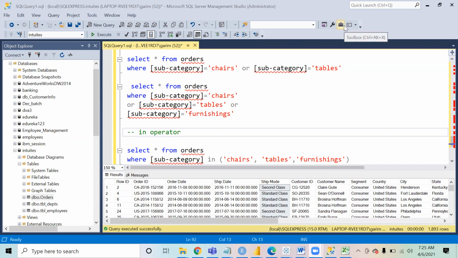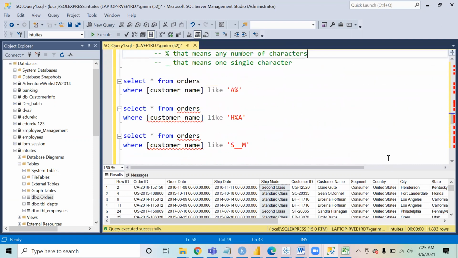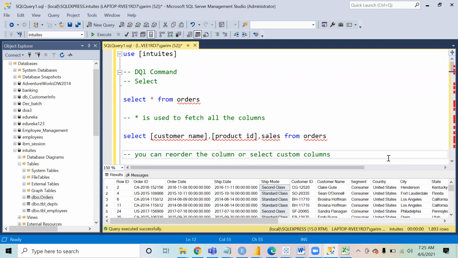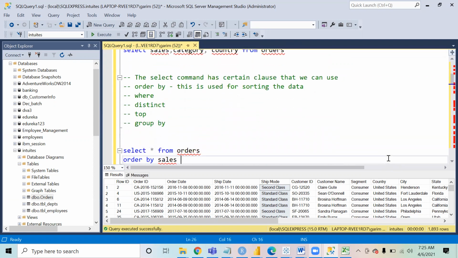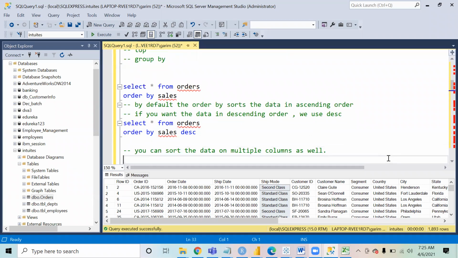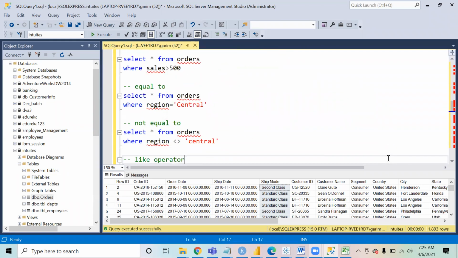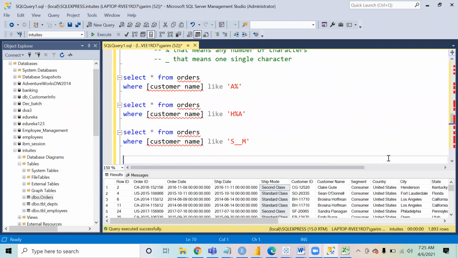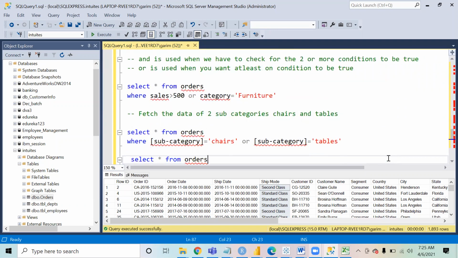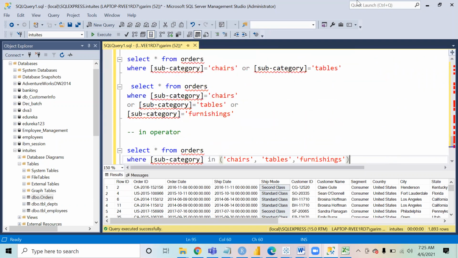Okay, sure. So I think this is where we'll take a pause for today, right? So just to quickly summarize, what we have done is we have understood the select statement, how we use it, and the different types of commands. We were trying to understand the ORDER BY clause, and we discussed the WHERE clause, right? In the WHERE clause, we have logical and comparison operators and the different types of operators, and how we use them. So that is what we covered today. Okay, so anything anyone would like to ask before we end the session?